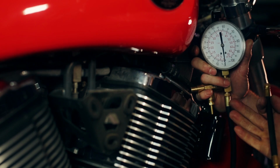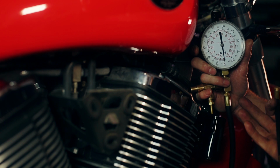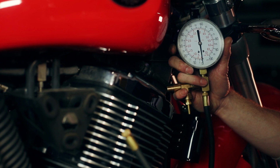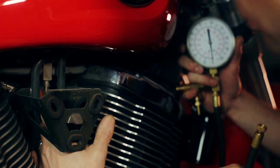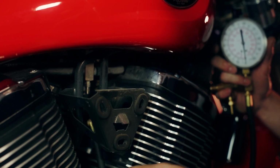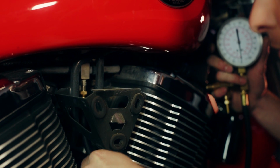We've got a fuel pressure gauge here which can be rented at most any auto parts store because it's something you typically wouldn't find in your do-it-yourselfer toolbox. So we've rented this from the local auto parts store, and we're going to plug in, I believe this is a Ford style adapter, into the fuel rail, which is underneath the tank, and the test port is the same on every 2002 to 2007 bike. We just screw this into the test port,